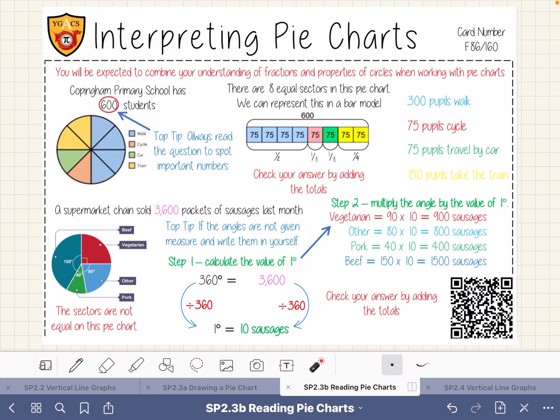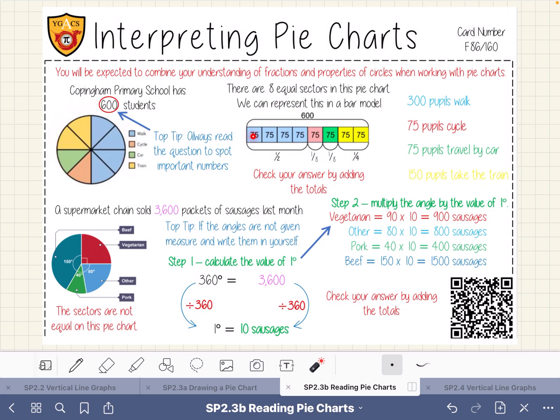When we interpret pie charts, sometimes we look to work with fractions of the whole pie chart. Other times we look to bring it down to 1 degree. In this video, we are going to concentrate on this section here, which is looking at the fractions of the pie chart. Now we can see that this pie chart here has been broken up into 8 equal sectors, and